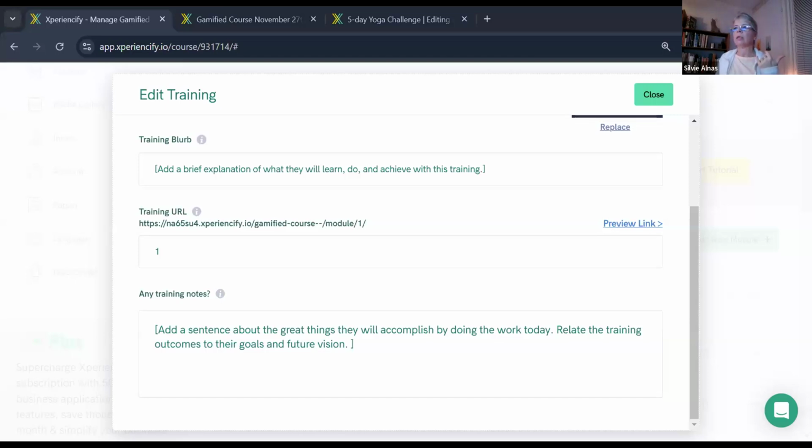Because right now it's in every single training. So it's in the single training template called What Are Your Thoughts? Is there any way to have it just in some places, but not at the end of every training?